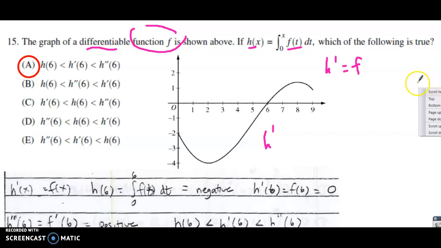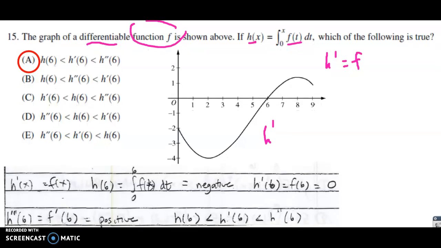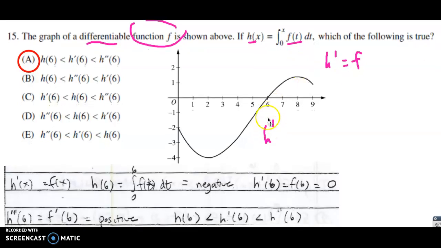So, we're comparing h original to h prime to the second derivative. Since this is h prime, we can see that h prime of 6 is 0, so we know that. We can see that the first derivative of h is,